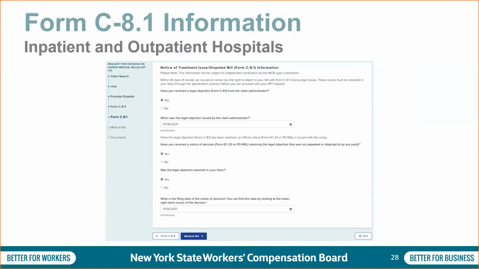Inpatient, outpatient hospitals will see this screen. Others will go directly to the next step. The receipt of notice of treatment issue, disputed bill, Form C-8.1, from the claim administrator determines if your Form HP 1.0 submission is timely and if it can be submitted. If you have not received Form C-8.1, select no. If you have received Form C-8.1 from the claim administrator, select yes, and then enter the legal objection date issued